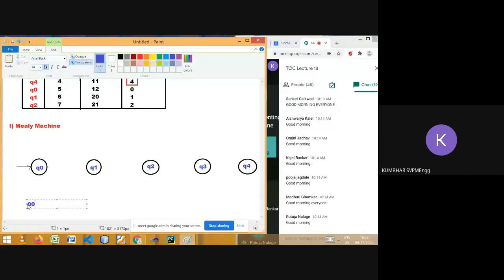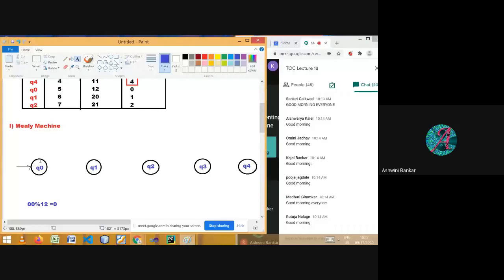So if I read 0, what is this number? In Q0 it is already 0. So 0 read stays 0, and if I divide it by 5, where 5 means 1, 2 in ternary, don't take this as a twelve. What will be the remainder? The remainder will be 0, which is our state Q0. So there is a self loop on Q0.